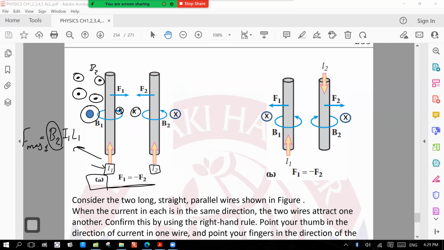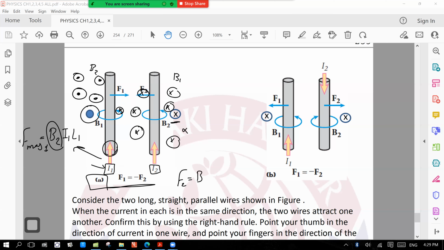So it means all of the area to the right side of the first wire, the field is into the page. That's why we draw into. So that's going to be B1. Now I can write down the F2, the magnetic force on wire 2,